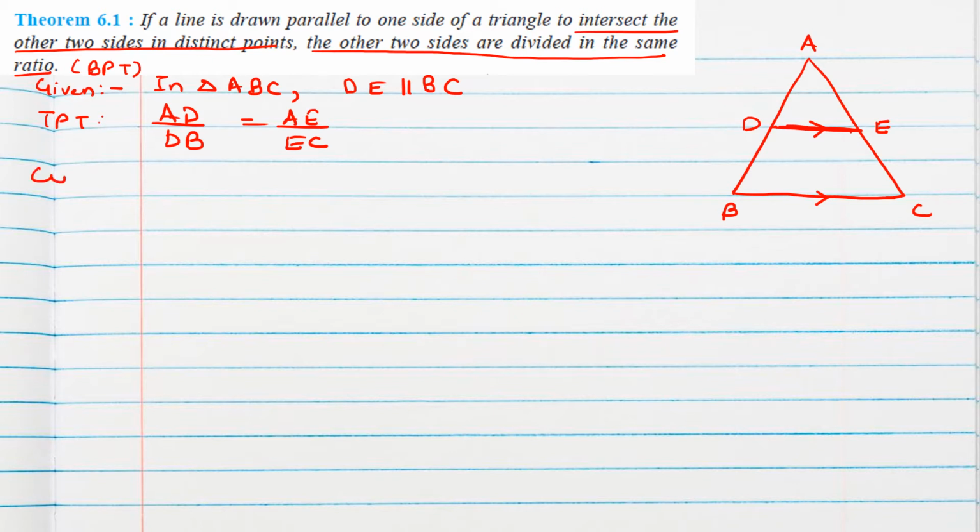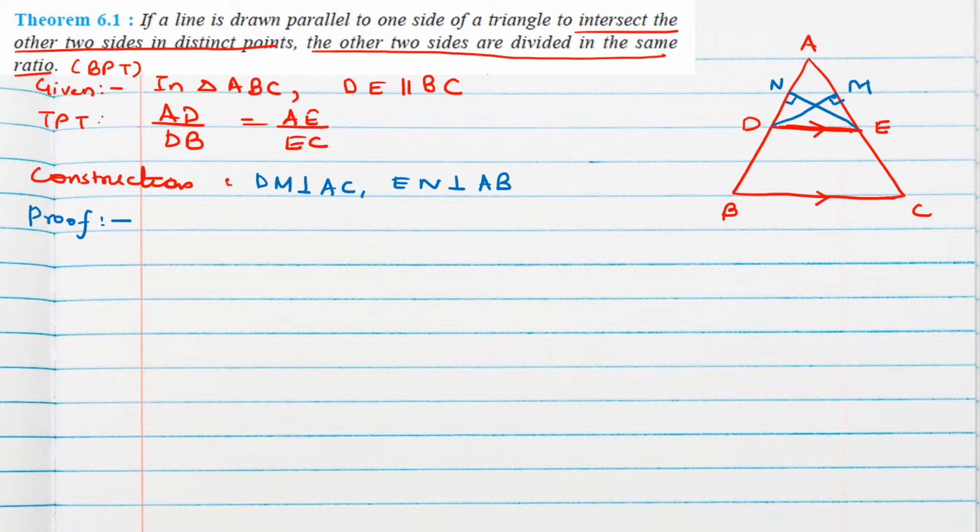So here we will do one construction. Construction will be: let us draw a perpendicular from D to AC, let this point be M, and another one from E on the AB side, let this point be N. So we can write DM is perpendicular to AC or AE, because AE is a part of AC. Then EN is perpendicular to AB, the complete side, or AD also we can write. Now proof.